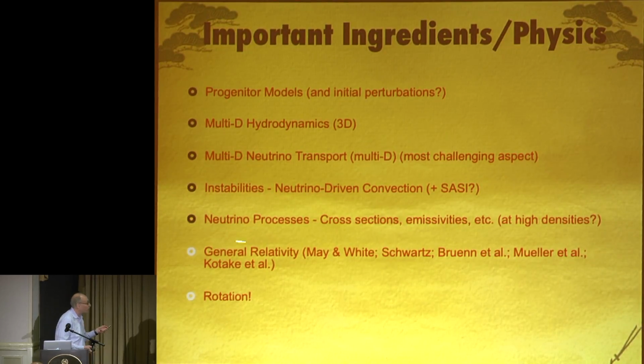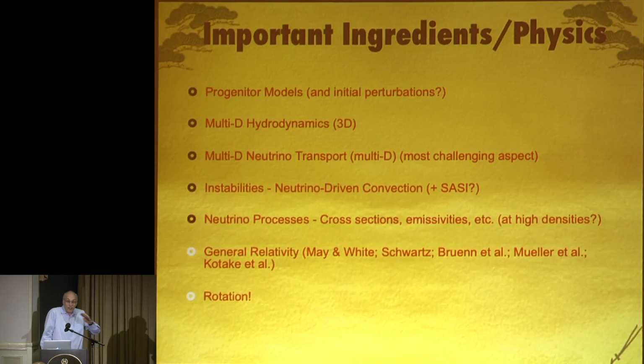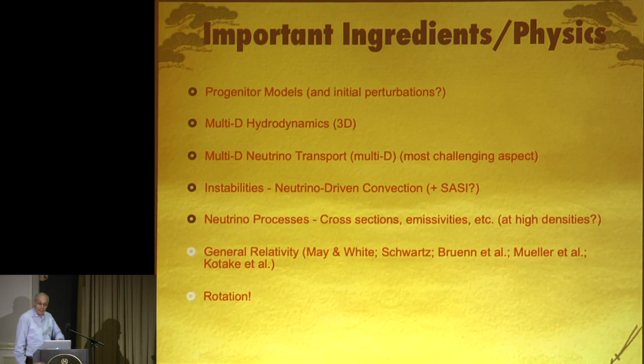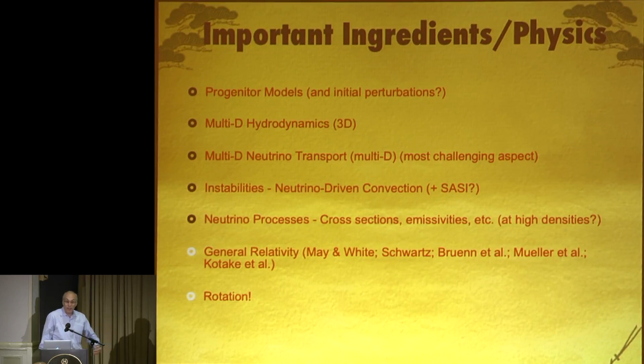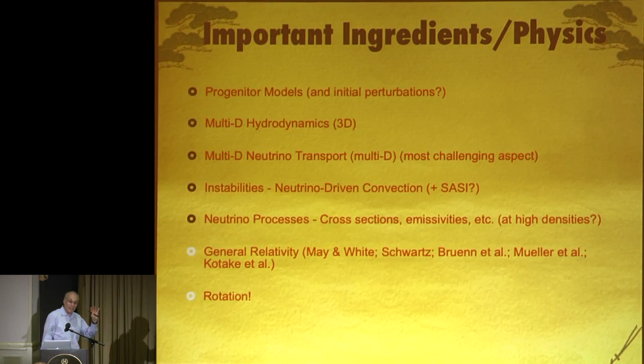The neutrino processes are important too. I once thought that they weren't crucial because when you do 1D simulations and you change things a lot, things don't change too much. But as we go up in dimension and that stalled shock becomes a little bit less stalled, then some of the details make a difference. General relativity, and there are approximations being made here, would be important, and it's only in the last few years that that importance has come to the fore. And rotation may be important too. This is something that has not been well explored. I'm not going to talk any more about this, but if you invite me back 6 months, I might.